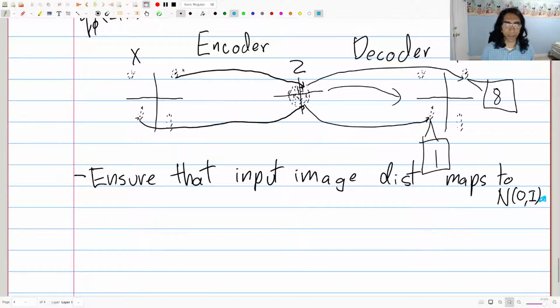What this means is that, say, these points go here and here and here, and this overall distribution looks kind of like this. So that's how you can think of that. And the other thing that we want is that